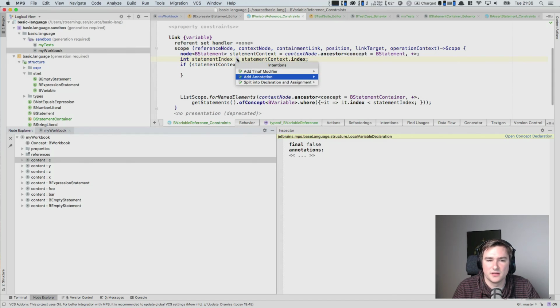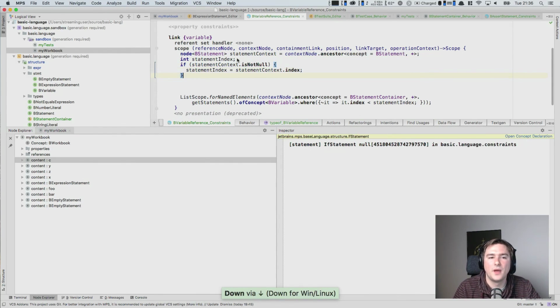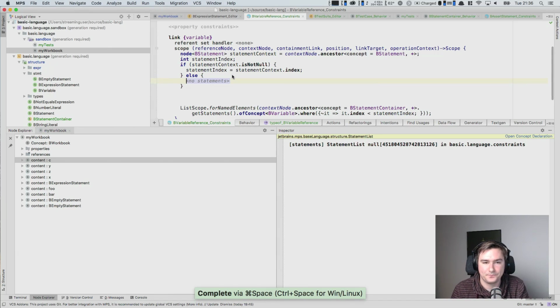Let me split the declaration and assignment here. Okay. In case we have a statement context available, we use that statement context as the index to look for other statements. But in the case where we don't have that, what happens? In the case where we don't have a statement yet,